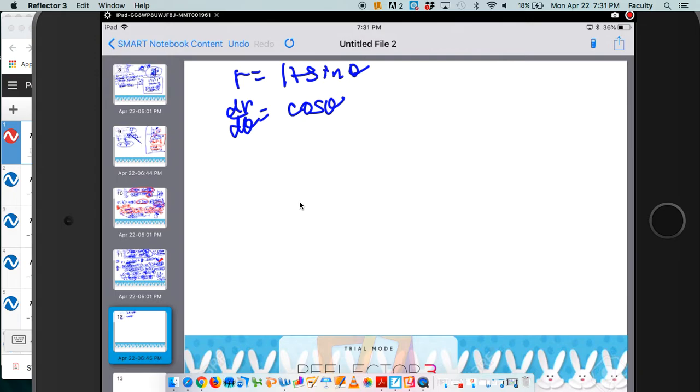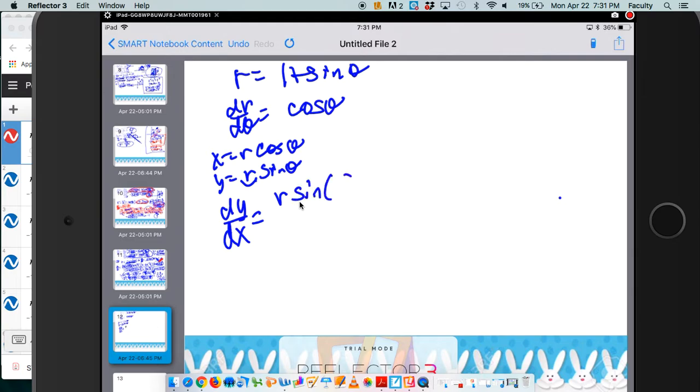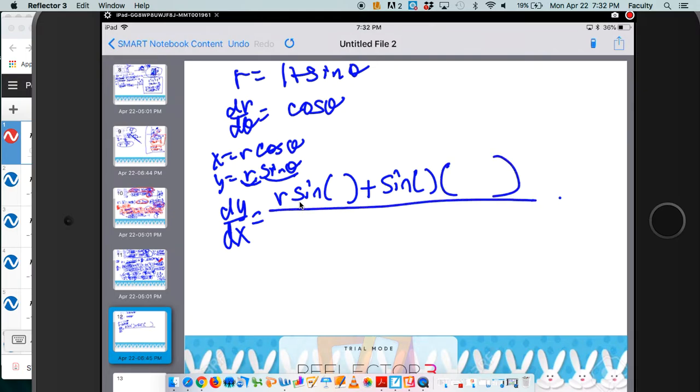Alright, now I'm going to find dy/dx based on x = r cosine theta and y = r sine theta. So dy/dx, to derive it once again, is dy/d theta: first times derivative of the second, sine theta, plus the second times derivative of the first, which is dr/d theta, over dx/d theta, which is first,